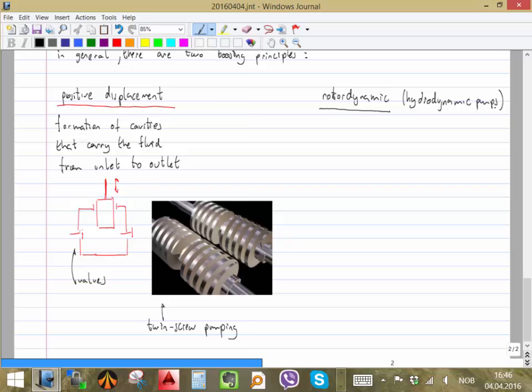Okay, and here, remember, was the principle that I told you before. There is a sequence, and what is the sequence that we have, for example, in the ESP? If you remember, first was a kinematic change where we accelerate the fluid. So here we have a stage. Something called a stage is formed or constituted